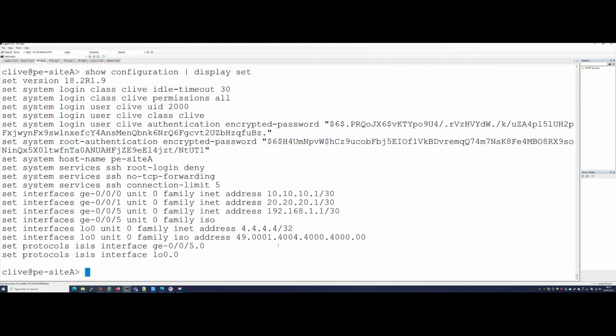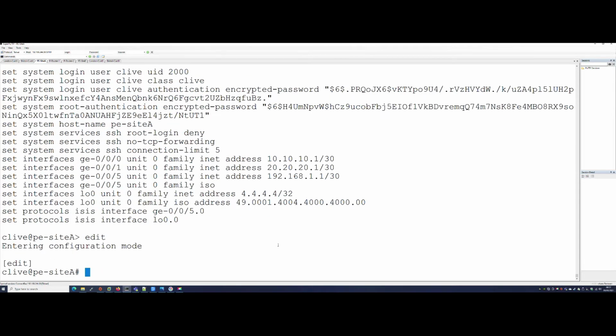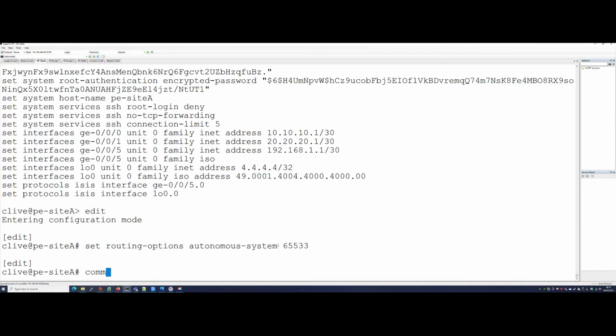Okay, so let's go into edit. Now, the first thing we need to do is set our autonomous system number because we're using BGP for this connection. Okay, so let's put that in first, and it's 65533. Okay, we'll commit that for now,